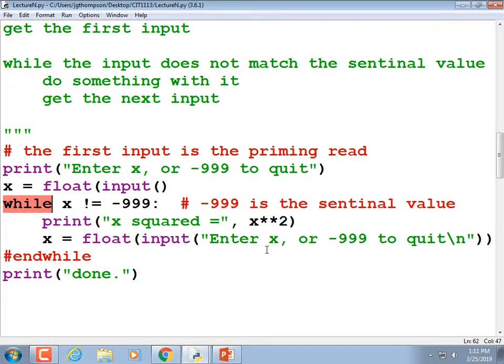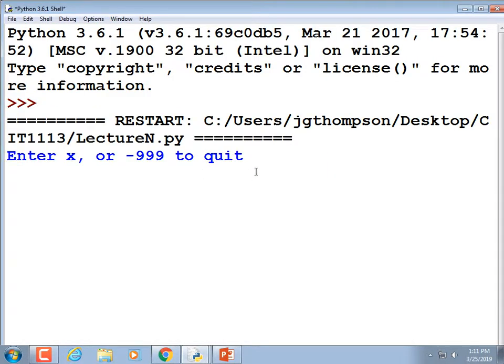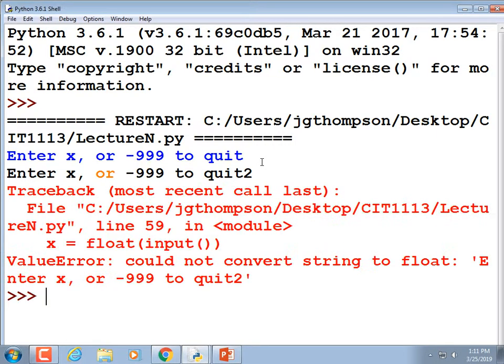Ooh, invalid syntax. Okay, what did I do wrong? Anybody spot the syntax error? Right, I have 2 open parentheses and no closing parentheses. And take a note, it highlighted this and you'll go crazy. There's nothing wrong with that line. If you can't figure out what's wrong with the line, look on the line above it. All right, so now that I've done that, like I said, y'all didn't need to make those changes, but if you did, go ahead and make them and make sure. All right, so now, oh, well, what do you know?